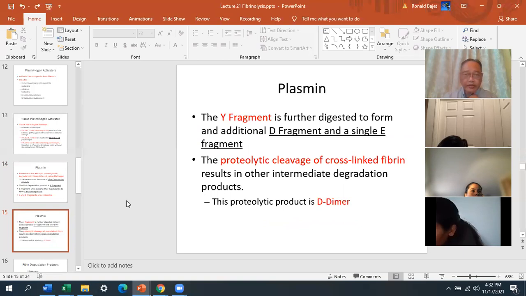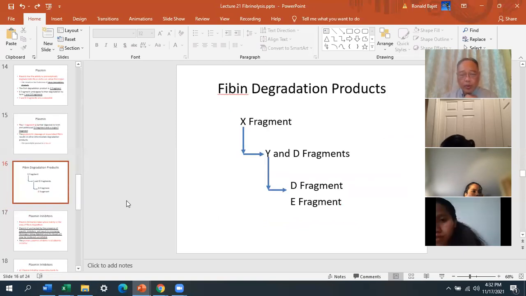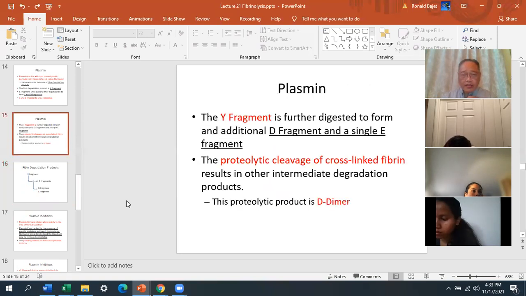Okay, so here's what it looks like. The X fragment will be broken down to form Y and D fragments, and the Y fragment will further be degraded to form the D and E fragments. So these are the fibrin degradation products and how they're formed. I don't have this in your original lecture, so I can resend you this PowerPoint so you have it. And then the cleavage of the cross-linked fibrin will be degraded, and that's what forms the